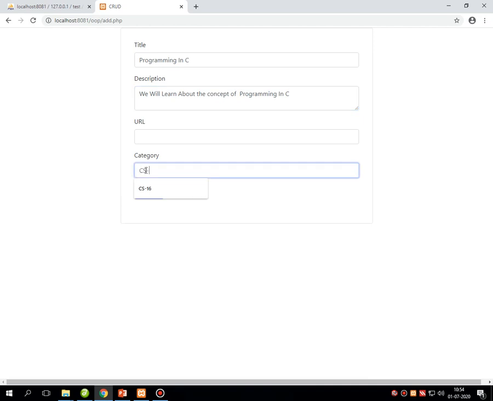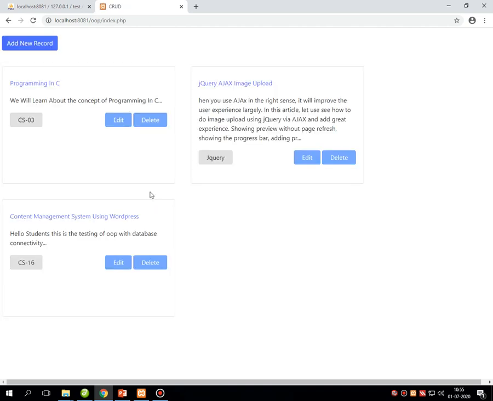Suppose I am writing the category as CS03 for example, and I am submitting. For the URL, I am giving the name of our college and then I am submitting.